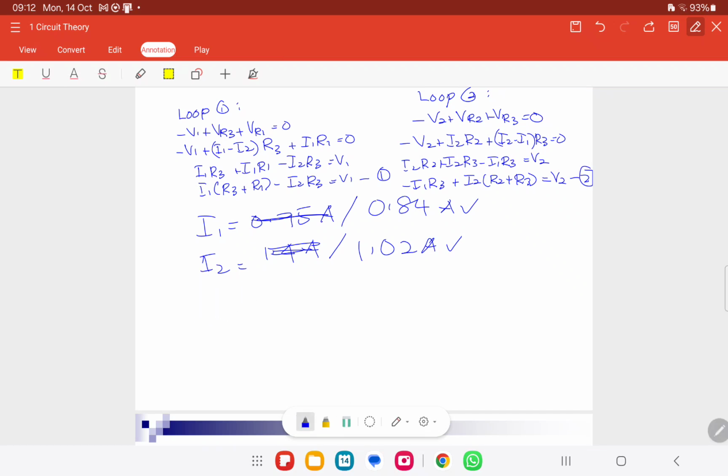Dia kena hati-hati bila kembangkan tu. Tulis je satu-satu, tak perlu nak congak awal-awal. And bila nak substitute tu pun substitute juga one by one. Tulis je the whole equation pun tak apa. Okay, so IR3 will be